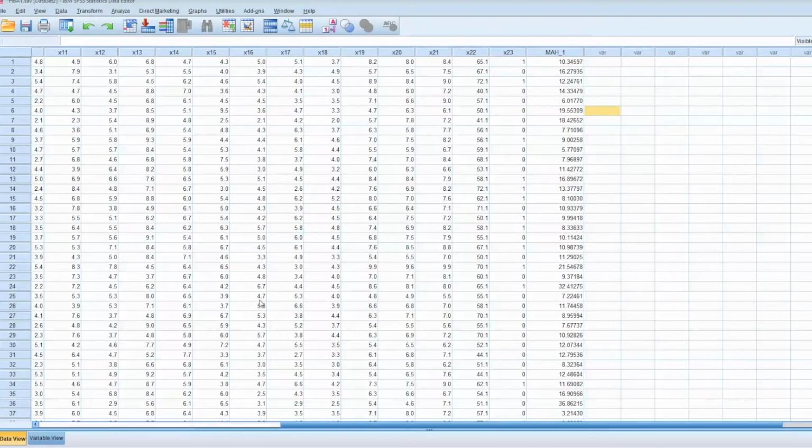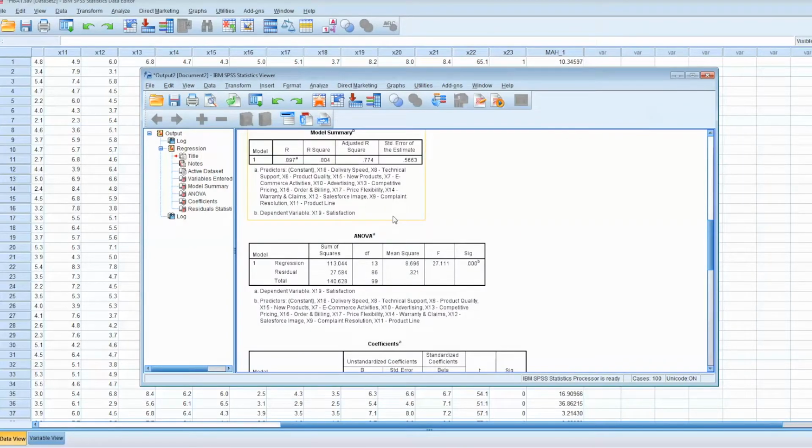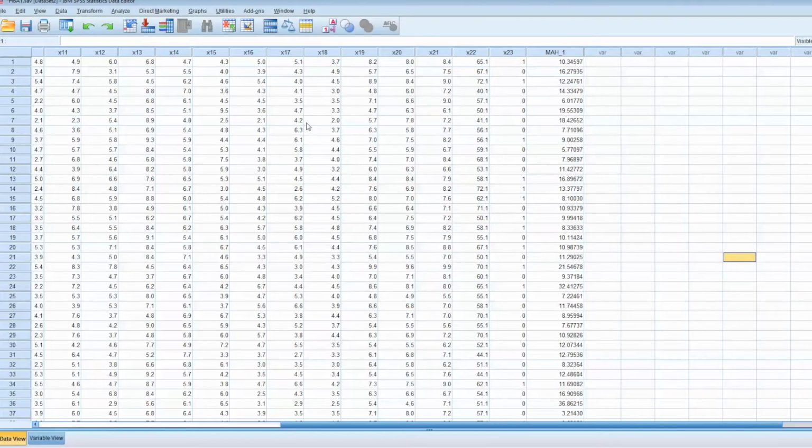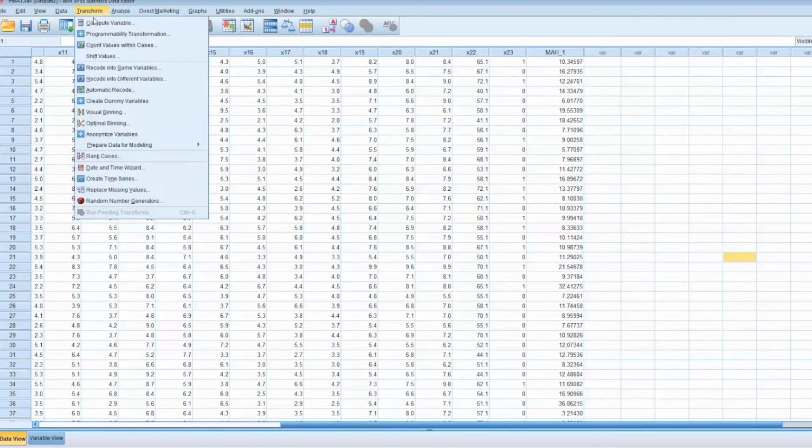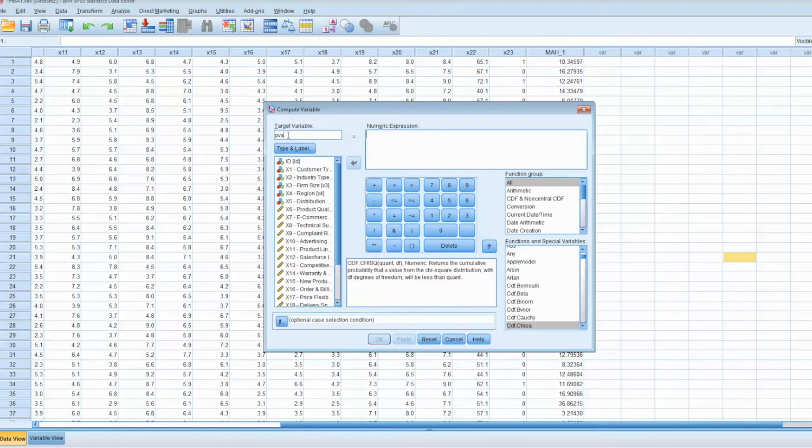First, we need to find the degrees of freedom in this case. We go back to the output and look at the ANOVA table. It shows df of 13. To compute the p-value for D-square, we go to Transform and select Compute Variable. We will name the target variable p_value_d.